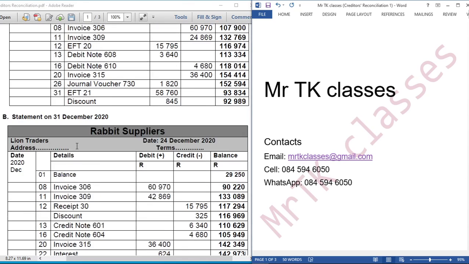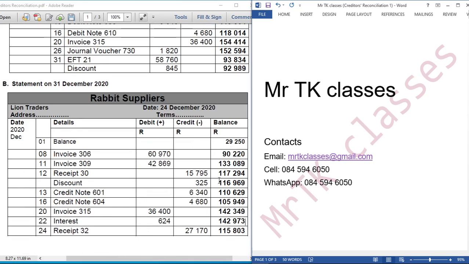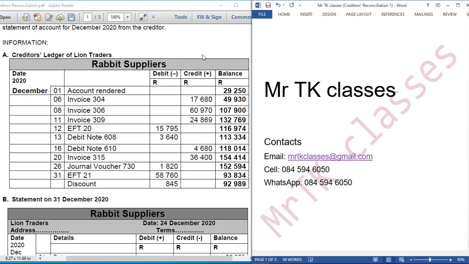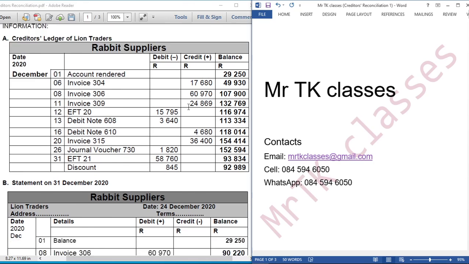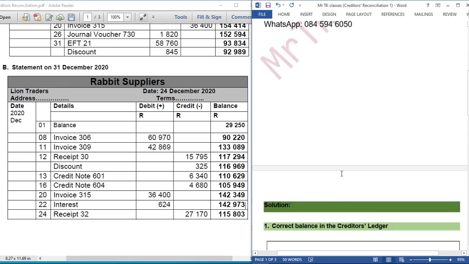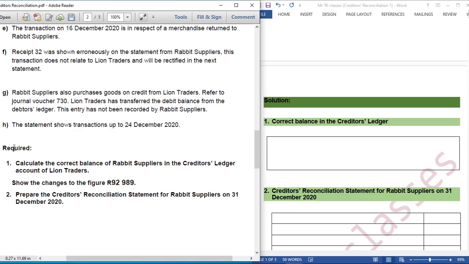Right, so we go back to our information. The entries that we have under the debit column in the creditors ledger should appear under the credit column on the statement. Then the entries that appear on the credit side in the creditors ledger should appear on the debit side on the statement. So we are going to prepare our answer here. Let us start with number 1. Number 1, we are required to show the changes to the figure